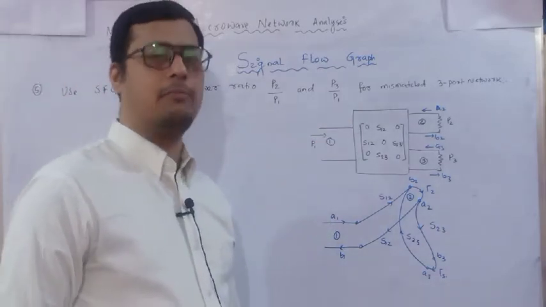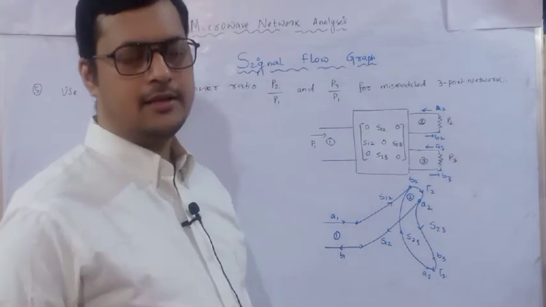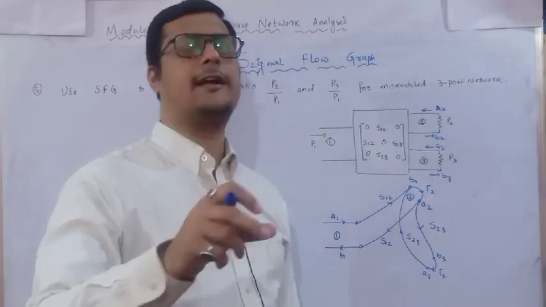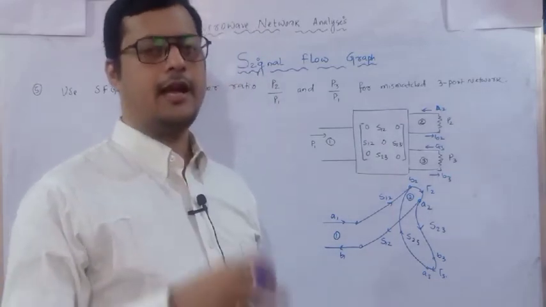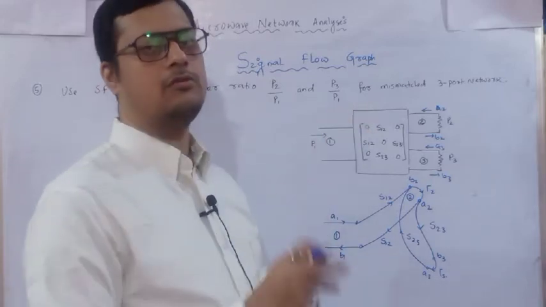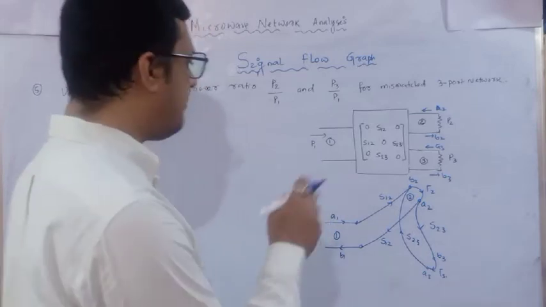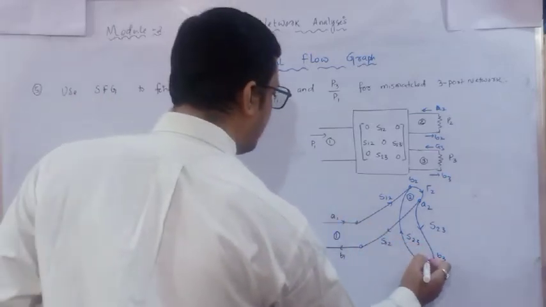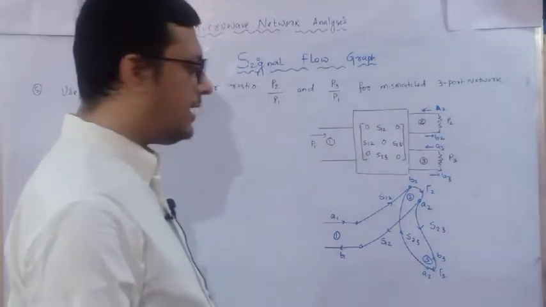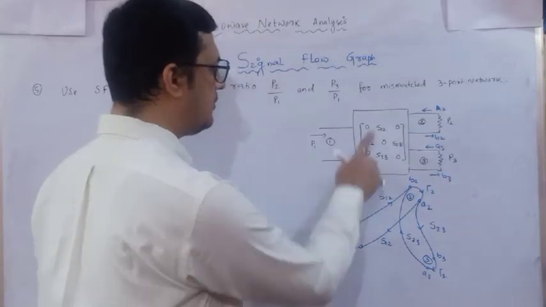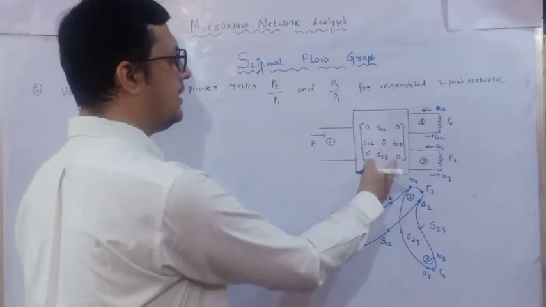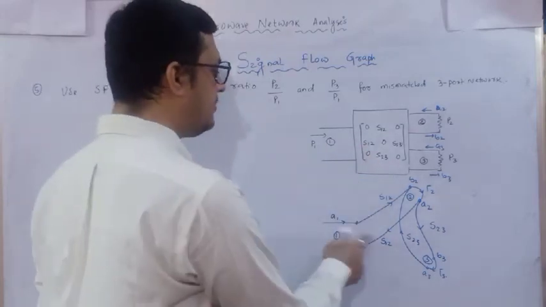Now next we have to decompose it. Decomposition rule we have to apply so that only the nodes will be identified, and with the help of those nodes the scattering parameters need to be decomposed. We have to identify the total scattering parameter between port 1 and port 2, or port 1 and port 3. So step by step we will see. So this is port 3 and S11 is 0, S13 is 0, so there is no link between 1 and 3. So from this figure you have to identify that, and then here you can see S31 is 0 and S33 is also 0. So that means there is no link between 1 and 3.